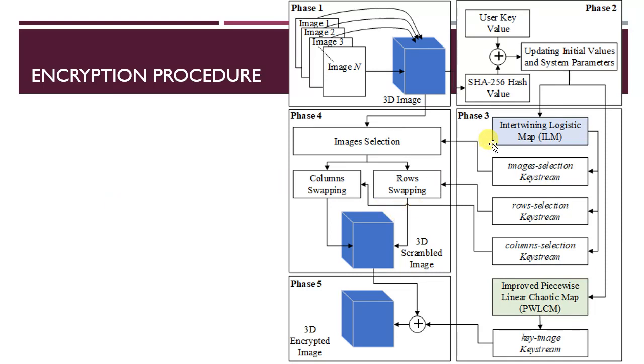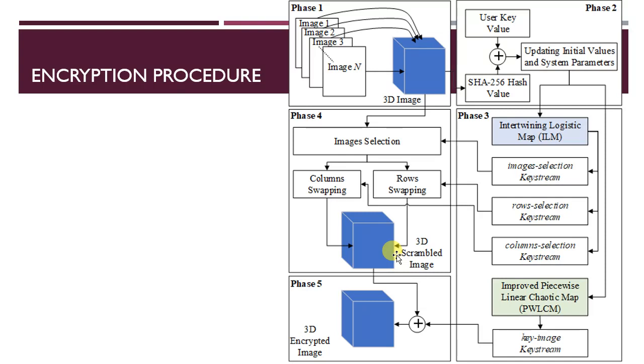And phase 4, 2 different images are selected from this 3D image, for example image number 5 and image number 18. So these are the 2 different images based on this image selection key stream, chaotic stream. Then from these 2 images, 2 different rows will be obtained, one from one image and the other from the other image, and both rows are then swapped, and the same process is performed over the column. One column from one image and another column from the other image, both columns are then swapped, and to obtain the scrambled